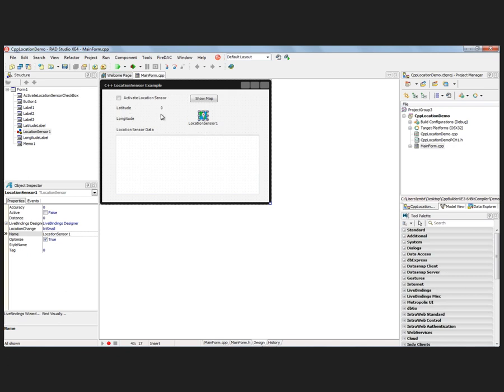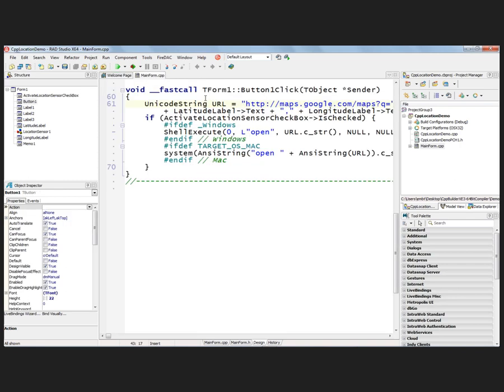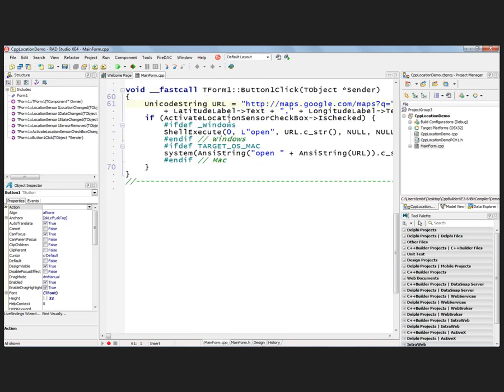And when we activate the location, we're going to get the latitude and longitude. So let's go, and then we've got a button here to show the map. So in the case of desktop, we don't have a T-Web browser component yet for desktop. We have a T-Web browser component for iOS. And so what I'm going to do here is I'm simply going to take the latitude and longitude that shows up in those two labels,